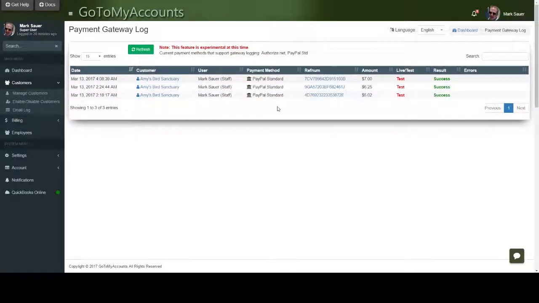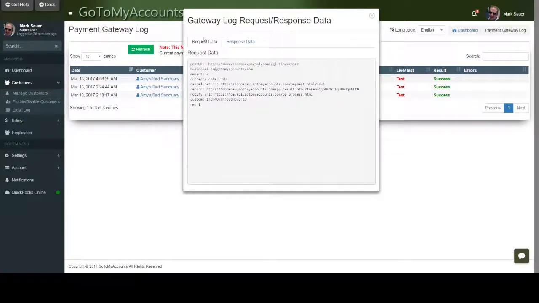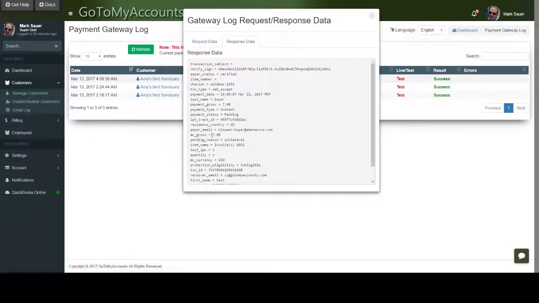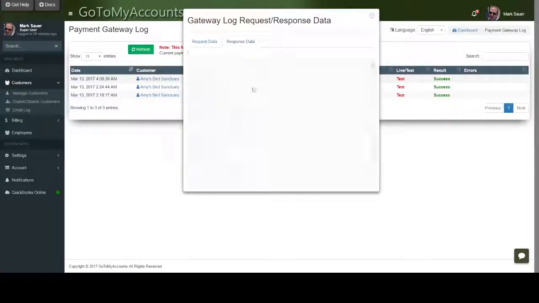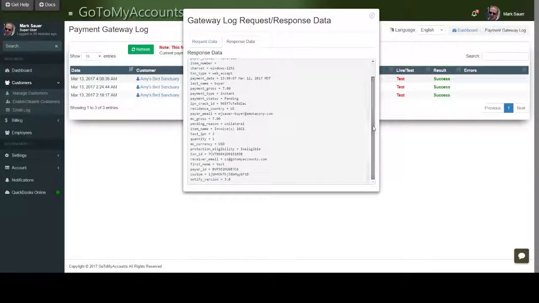And then the meat of it, where say a developer is going to want to look at all this, is if you actually click on one of these items, and then you're going to get, did I not click it? There we go. And then you're going to get the request data and the response data. This is actual raw data that was sent from our server, and then the response back from their server. So you'll see here, and this is a test using PayPal's sandbox, that this is the request, this is the response back from their server,